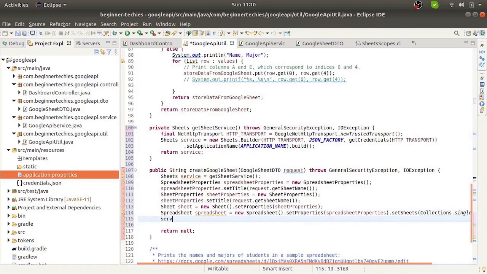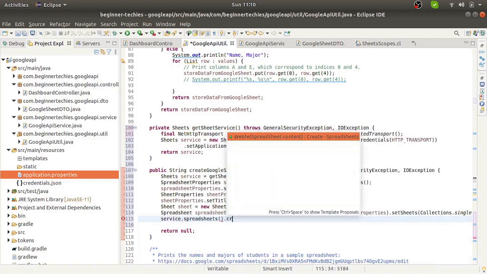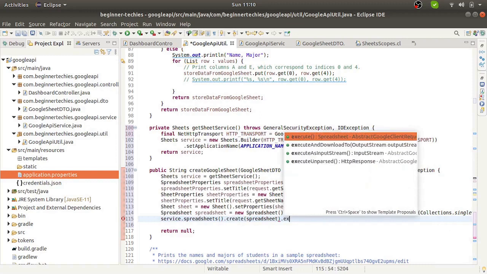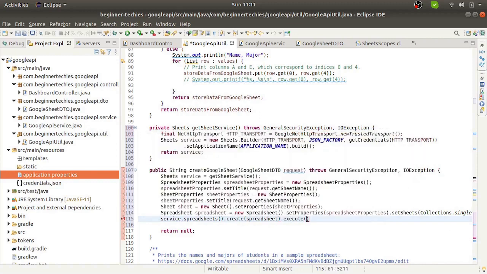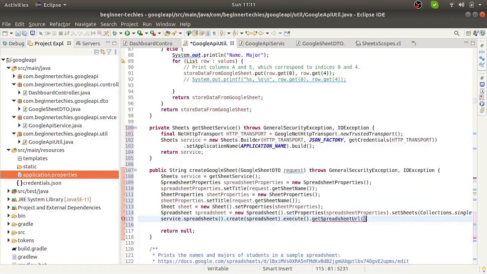Now we require this service object, service dot spreadsheet, and this create method. This method will help us to create the sheet, and this is the execute method. This is the execute operation, we can say, to execute this create. Here I just wanted to return the spreadsheet URL. So we'll return the spreadsheet URL. We can directly return from the